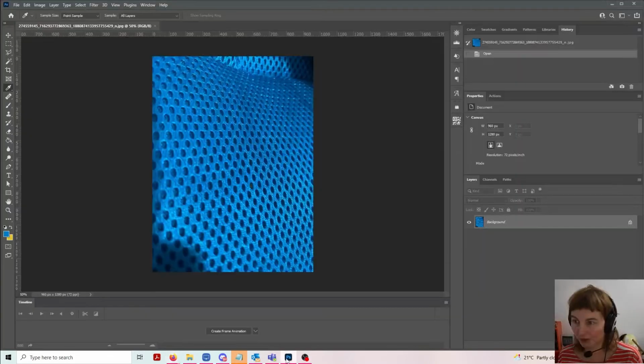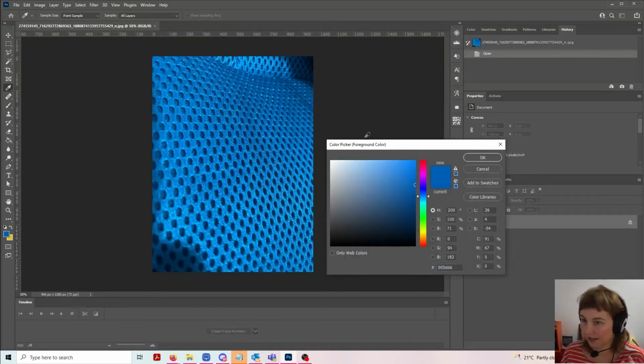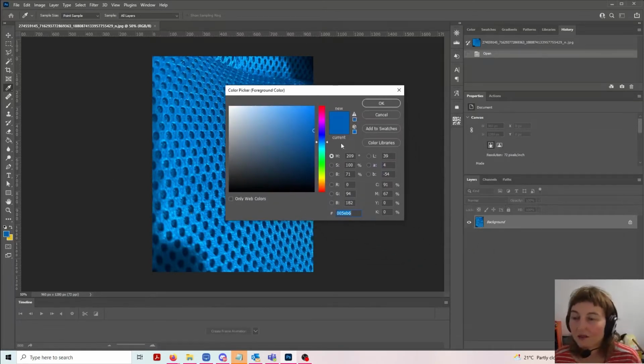So for starters, I am going to change the background color because you can see I've got this nice blue in here. I'm going to use Photoshop because I want to get this exact color. So using the color picker, I can choose this color, and I'll just click and let's have a look. So when we talk about different color values, and you've probably seen this before in Photoshop or whatever software you're using